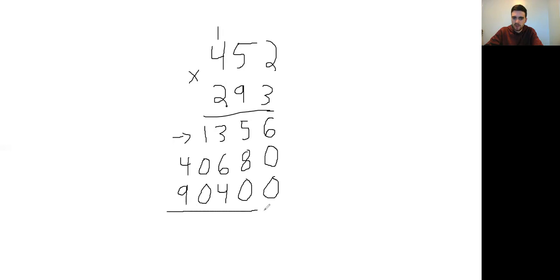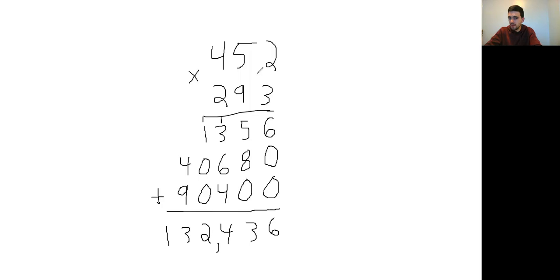Now, I'm going to put my line underneath showing the equal sign. I'm going to put an addition sign here, and I'll erase that 1 on top. Now I need to add all 3 of those numbers to get my total answer. 6 plus 0 is 6. 8 plus 5 is 13. Just like we did with our multiplication, in addition, we also carry forward the digit. The 1 goes into the hundreds column. 3 plus 1 is 4. Plus 6 is 10, plus 4 is 14. And I'm going to carry forward my 1. 1 plus 1 is 2, plus 0 is still 2. 9 plus 4 is 13. Carry forward my 1 and put it down here. Our final answer is